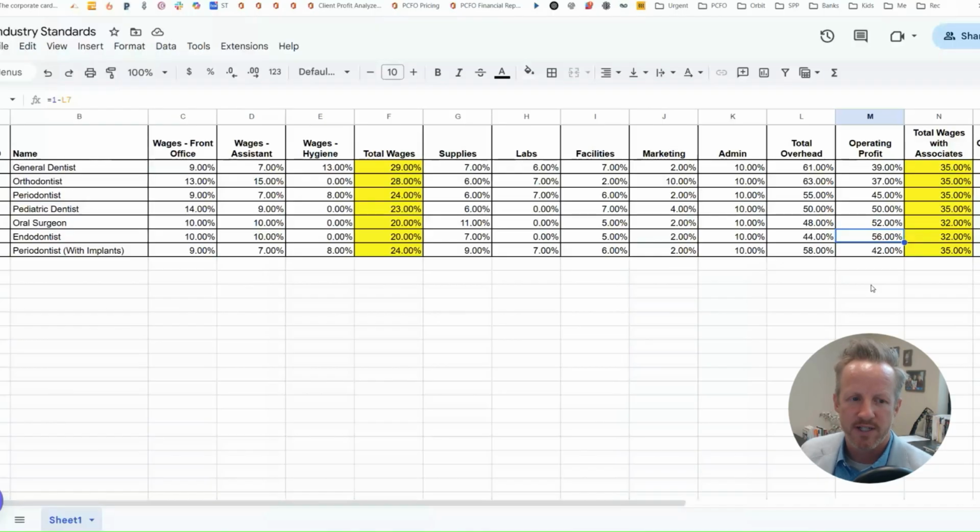This is why you oral surgeons and endos tend to do really well: you just have a lot lower overhead. All right. That is a quick